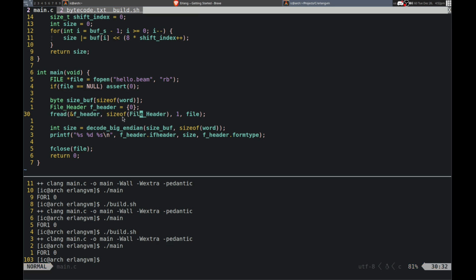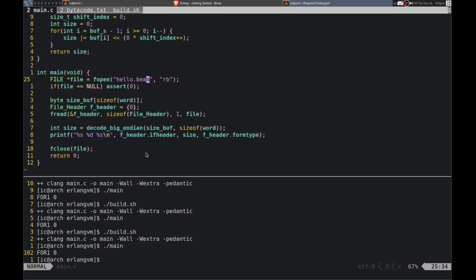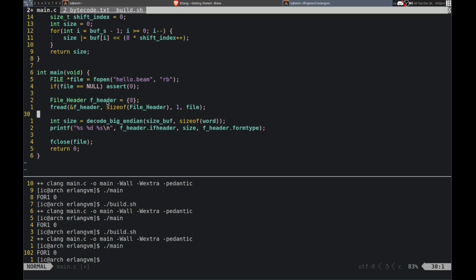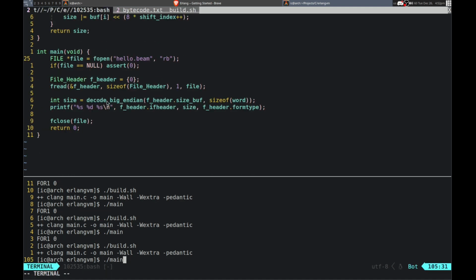Let's see, we're reading into that, size of that, 1, and file. Alright, and it is reading that, but then it breaks on the size. So why is that? Oh shoot, I forgot to actually pass, yeah, I need to use the buffer from the file header. That's my bad. File header dot size buff. Is that what I called it? Yes. Okay, that is what I need to do.